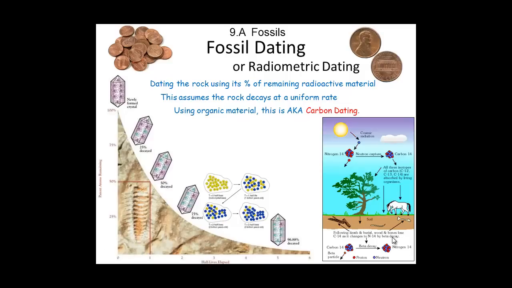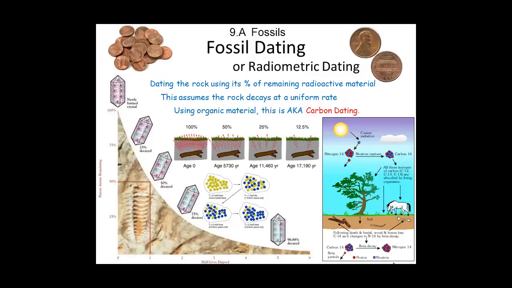So it gets breathed in by animals, and then when the animal dies or the plant dies, the carbon starts changing back to nitrogen, and when 50% is gone, we know that thing has been dead for 5,730 years, plus or minus a few. If it's down to 25%, we know it's been gone for almost 11,500 years. And if it goes down to 12.5%, it's a little more than 17,000 years. So now we can start putting ages to the relative dates, especially with volcanic material,